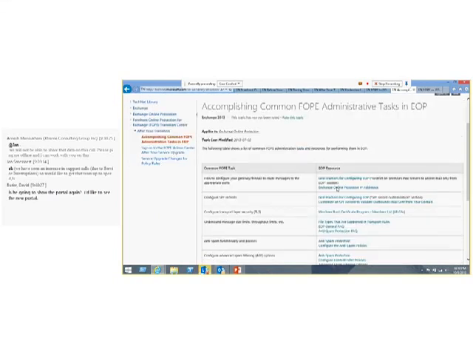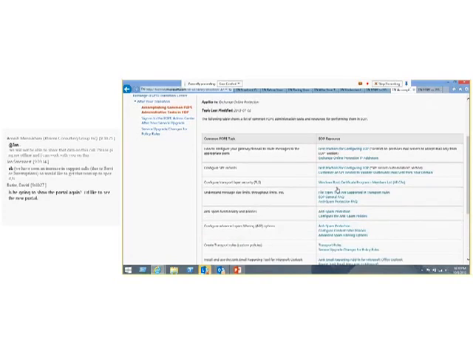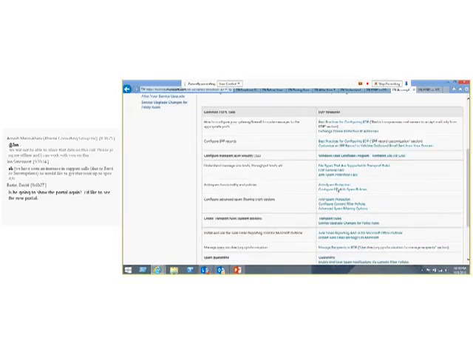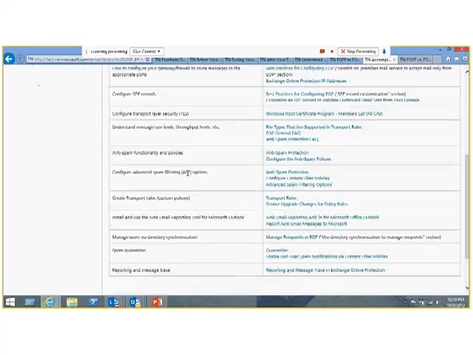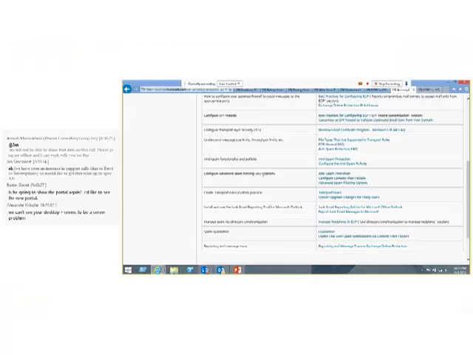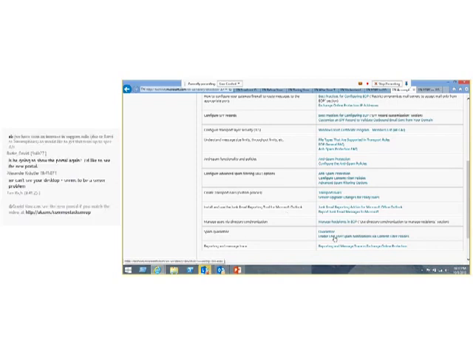Things like how you would configure the SPF records, configuring TLS security, message limits, anti-spam functionality and policies, the advanced spam features which we are talking about in the what's new in EOP slide, things like you can play around with the spam score of the messages, creating transport rules, the custom policies, installing and using the junk email reporting tool for Microsoft Outlook, which will help you report the validity of the junk over to the EOP service, managing users via directory synchronization tool, spam quarantine, and how you would enable end users or ESNs via the content filter policy.